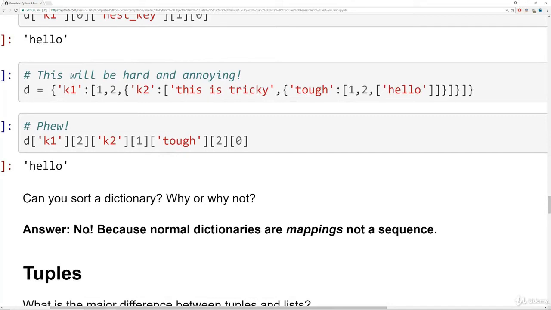Why or why not? The answer is definitely no, you cannot sort a dictionary, because normal dictionaries are mappings and they're not a sequence. And if you're a beginner dealing with really small dictionaries, this definitely isn't clear at first, but I can't stress enough that normal dictionaries are mappings and not a sequence, and they cannot be